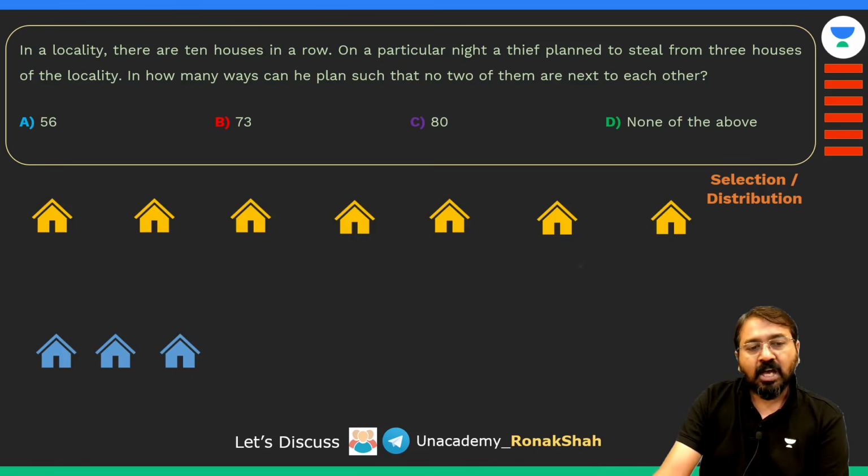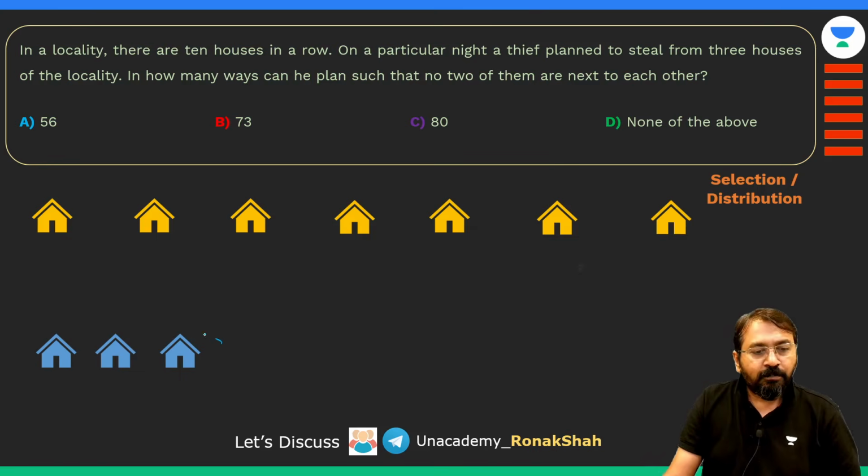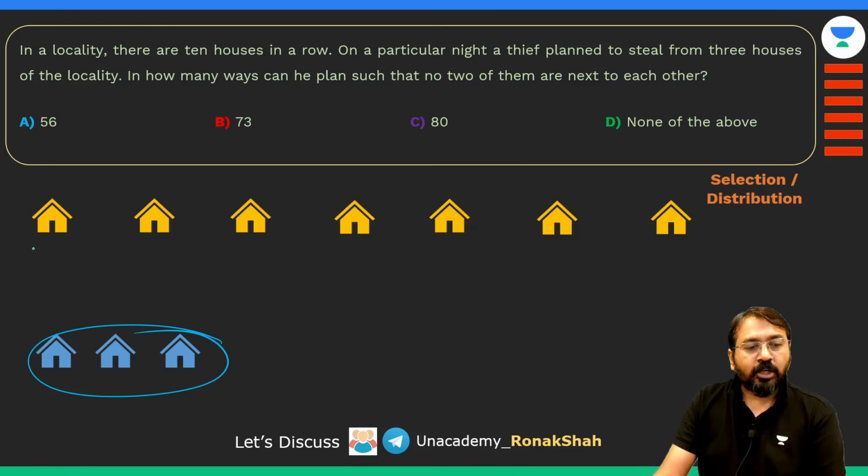तो टोटल 10 हाउस हैं, तो मैं क्या करता हूँ, 3 हाउस में रॉबरी होने वाली है। ये जो ब्लू कलर के हाउस हैं, वो लूटे हुए हाउस हैं जिनमें रॉबरी होने वाली है या हो चुकी है, जो भी है, राइट। और ये बाकी के 7 हाउस हैं, उनको मैंने रख दिया।